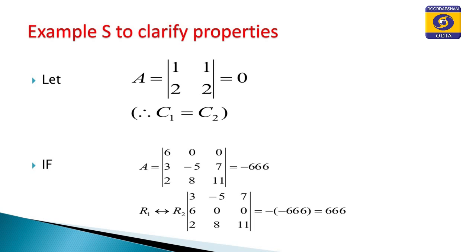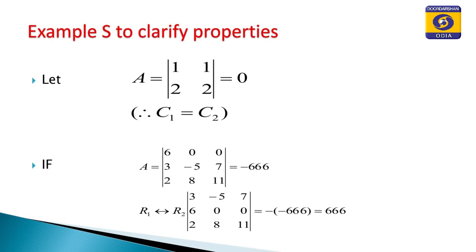Here C1 is equal to C2, hence the determinant value becomes 0. Here suppose A is a determinant whose value is minus 666. If we change R1 to R2 and R2 to R1, then the value changes in sign but not in magnitude. That means whenever we interchange row 1 and row 2,